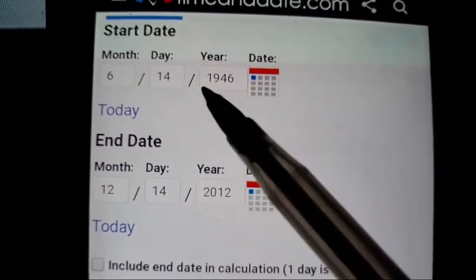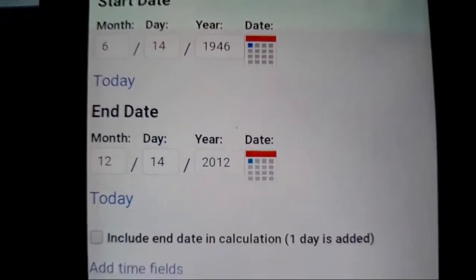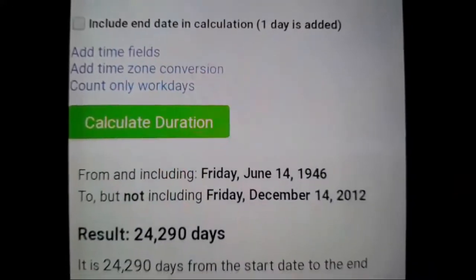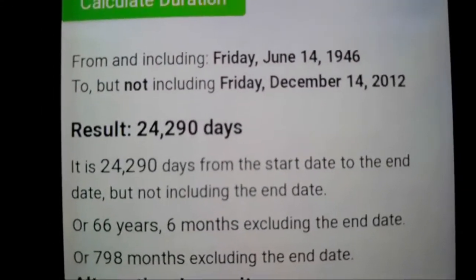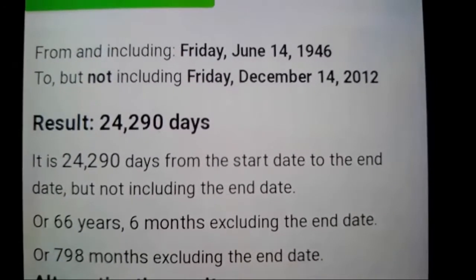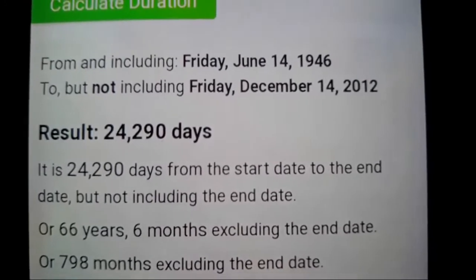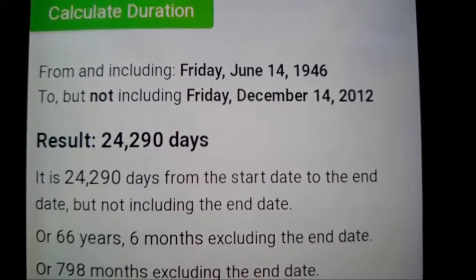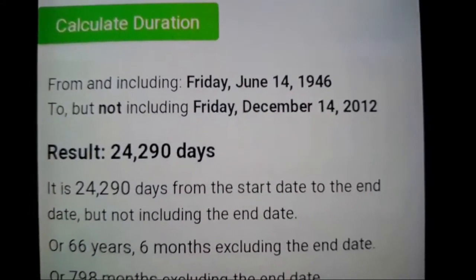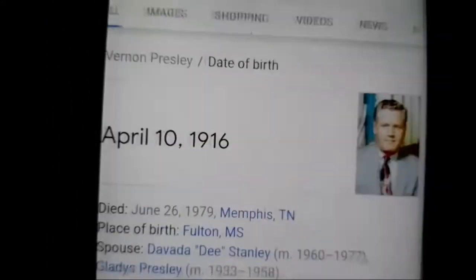If you take Trump's birthday, the day he was born, to that day when that event happened, what do you get? From that day to that day, check this out right there. Look at that. 66 years and 6 months. Look at that, will you? 66 years and 6 months from that day. I mean, look, this is no big deal, but I'm just trying to show you that there's something to that, because they don't just use days, they use the months and the year. Anyway, let's just move on.